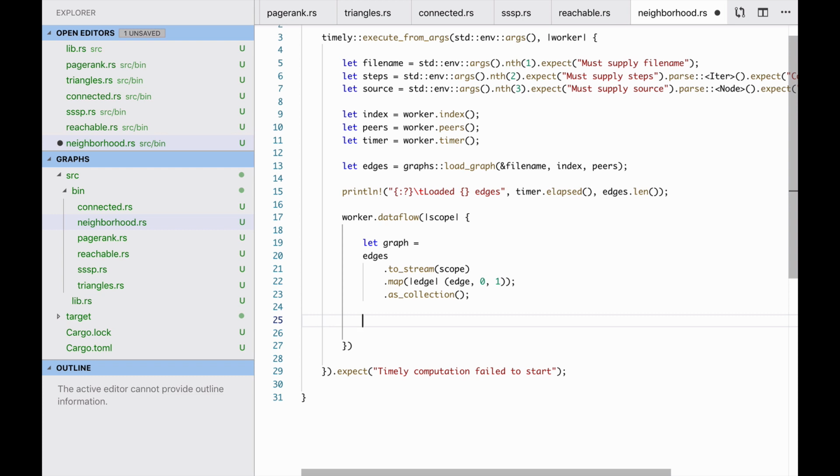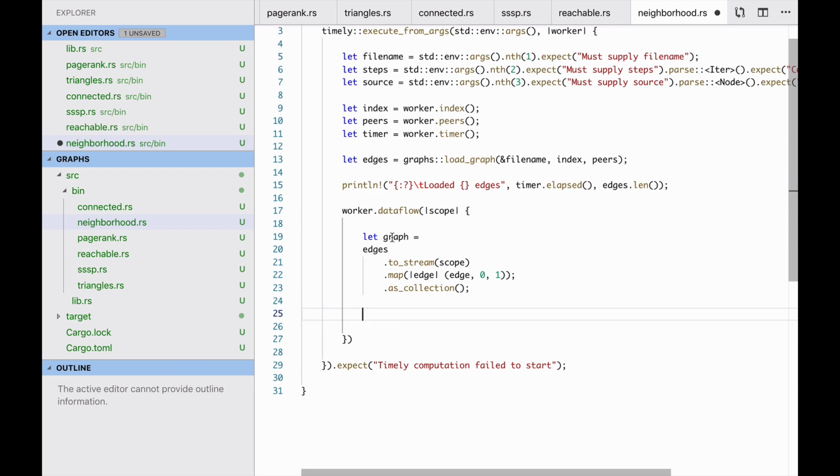All right, sorry. So now we have our graph. What I would like to do is break this into two parts: time associated with loading the graph, and then time associated with determining the neighborhood once supplied with the source. So let's load our graph here, just like we're doing. That's fine. This will take some amount of time. We won't worry about this too much. But let's also create a new input,